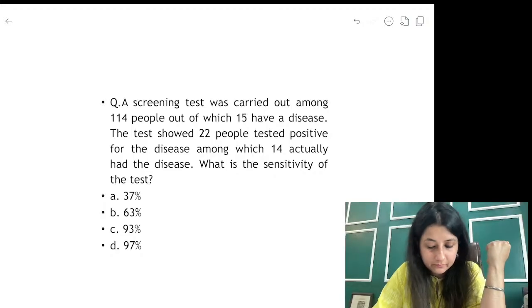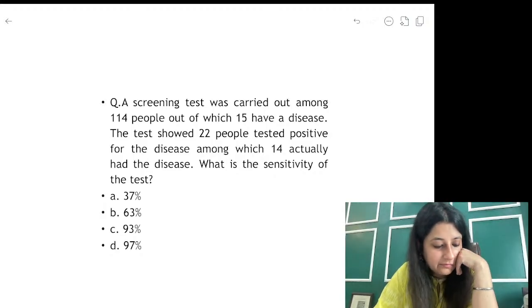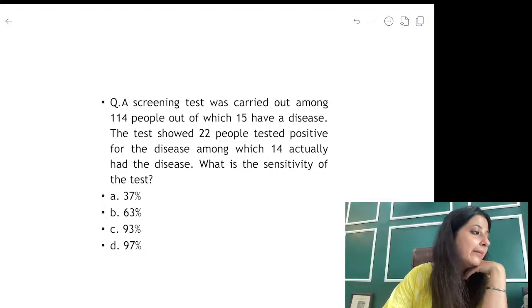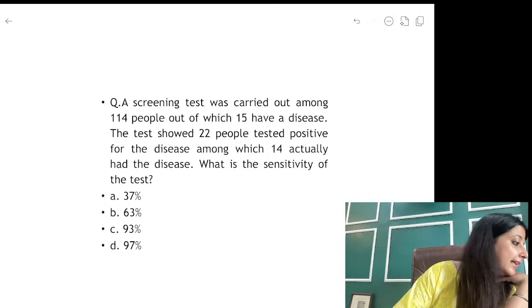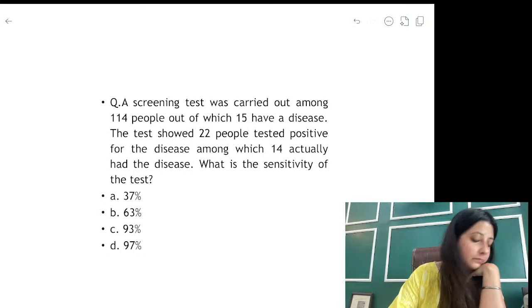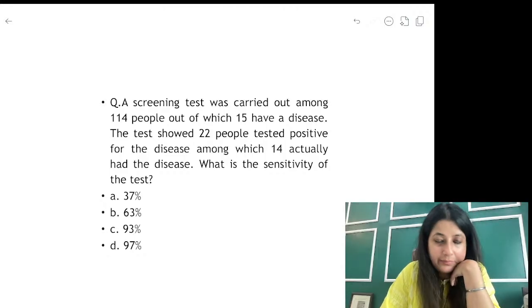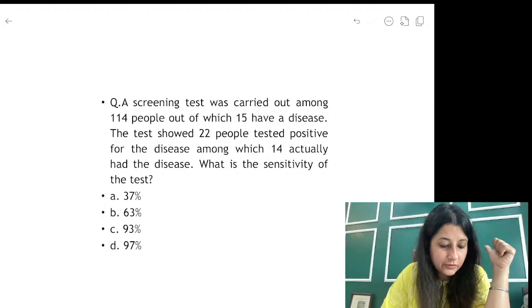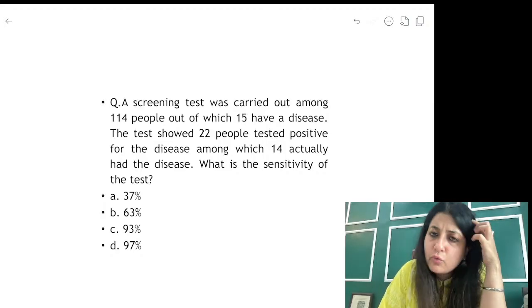Okay, have you calculated, Suvarna? Have you all calculated your answers, or are you just randomly telling me that it is option B? Ma'am, have you calculated? Have you made your 2 by 2 table? Have you tried to figure it out? Let's do it together, all of us. Good. If you calculated, very good. Let's try to do it, because I'm getting 2 answers over here. B is coming, C is also coming.